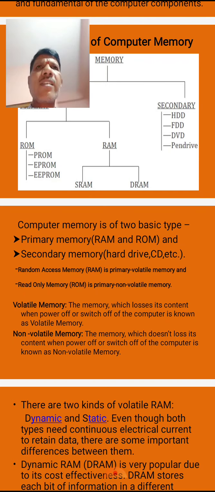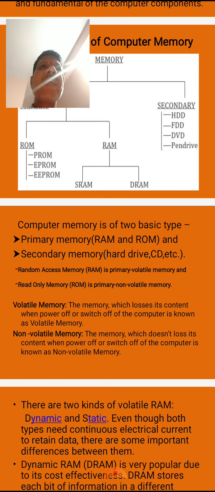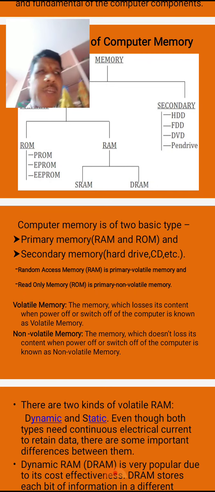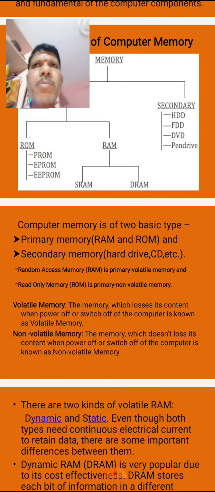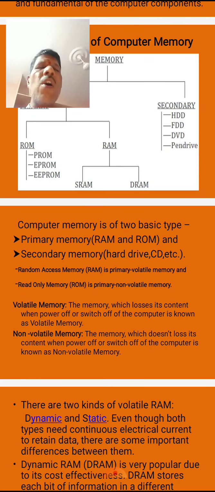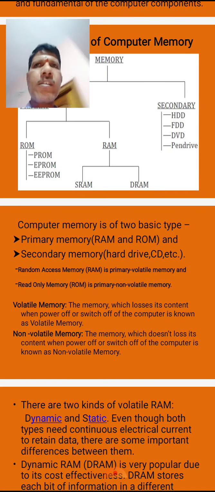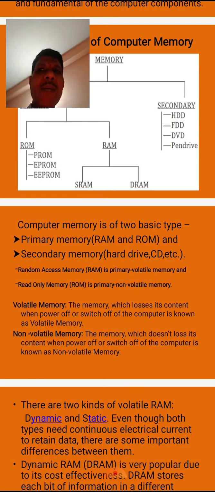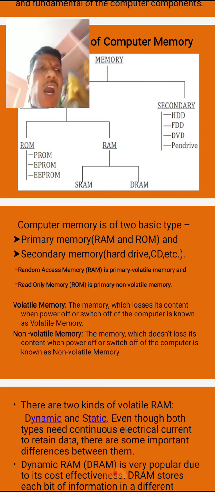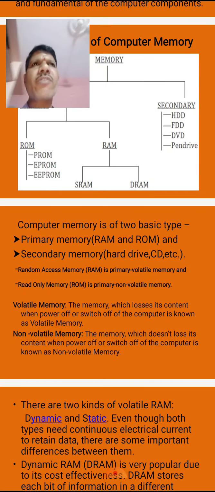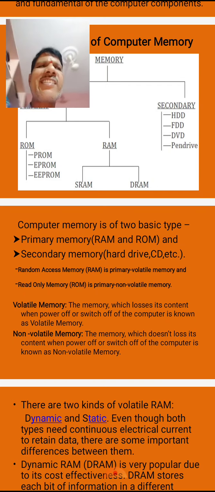ROM chips are there. In them, content can be stored by the computer manufacturers. When the power of the computer is switched off, the data is not lost in these memory chips. So such memories are called ROM chips. Here volatile and non-volatile, both classifications are distinguished in the primary memory part only. ROM is non-volatile because when the power of the computer is switched off, its content doesn't get lost.